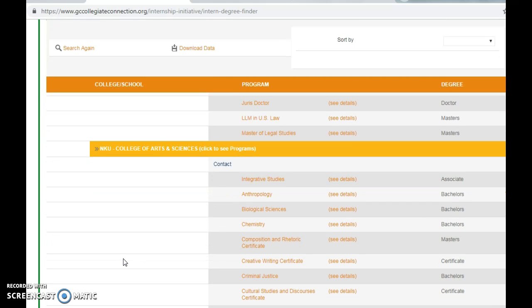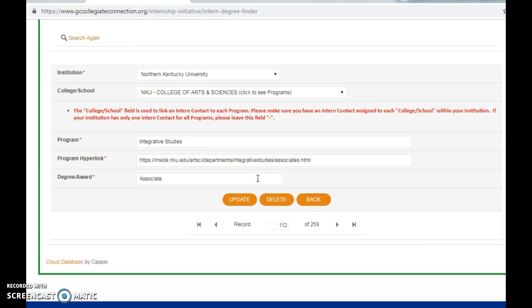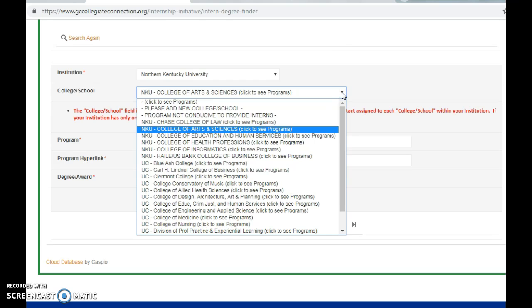So you click on the down arrow for the college in which your program resides, and again, to update the program information, you click on the program title and the update screen will again appear. Now the main difference is with this situation, there's a list of colleges and schools associated with that particular institution, in this case NKU. So you can see the Integrative Studies program has been assigned to the College of Arts